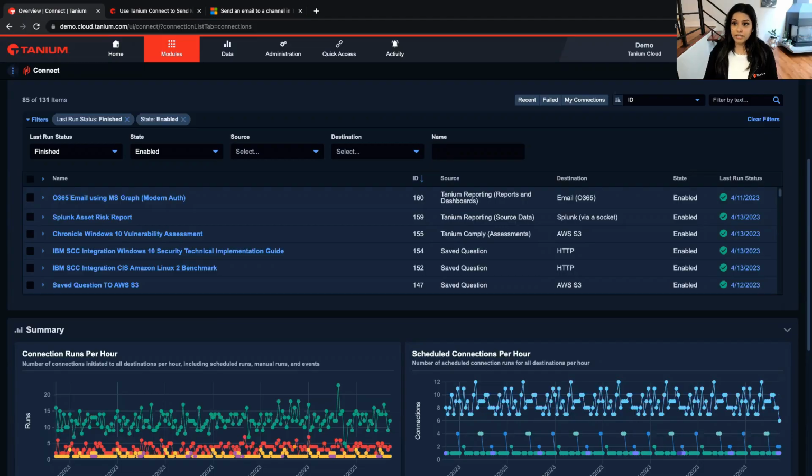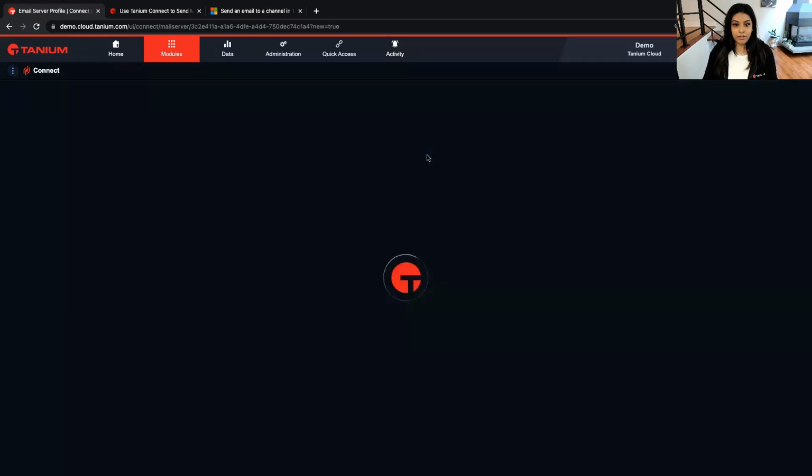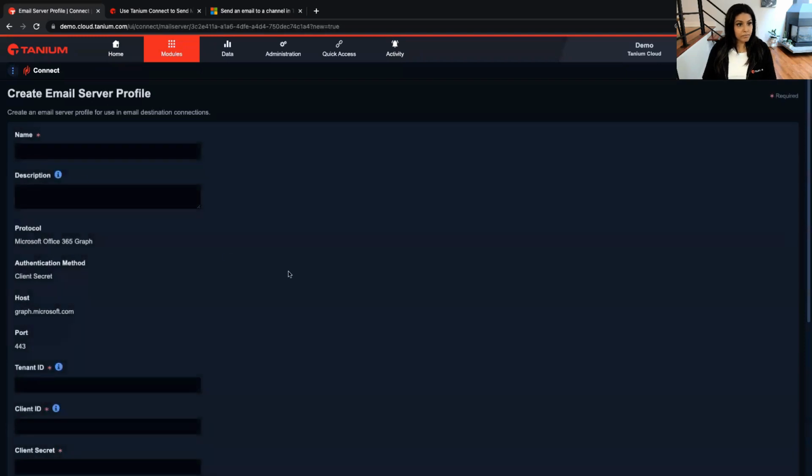Up at the top right, Connect has a settings page. So I'm going to go ahead and select that and bring you over to the email profile page. So once you get to a create profile page, what you're going to see is, again, very similar UI to what we do in creating connections. You give it a name. Let's call it O365. We give it a description